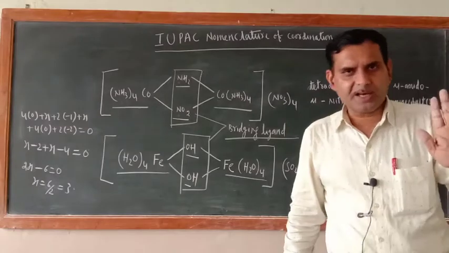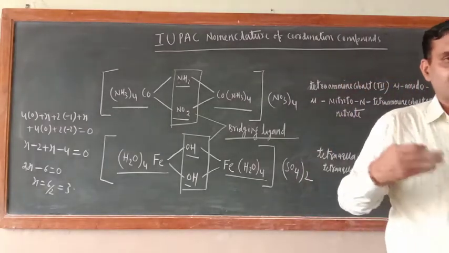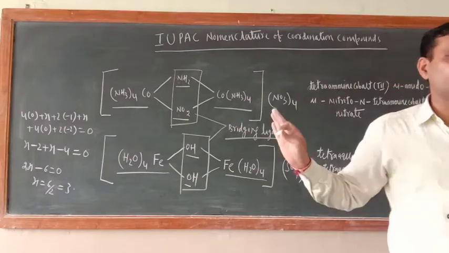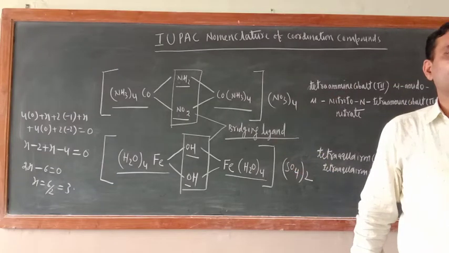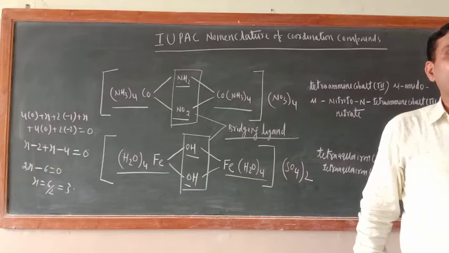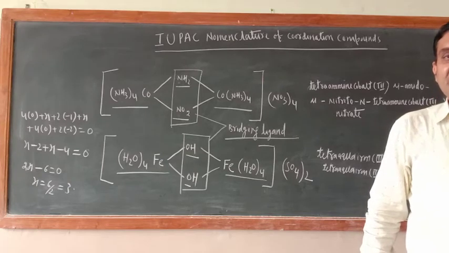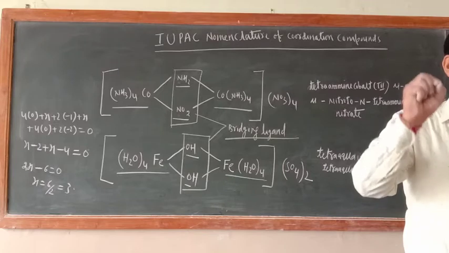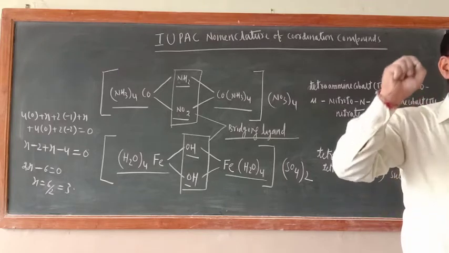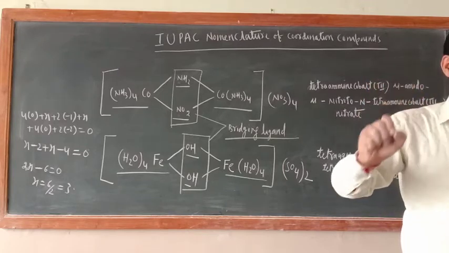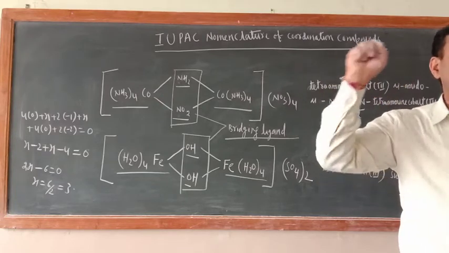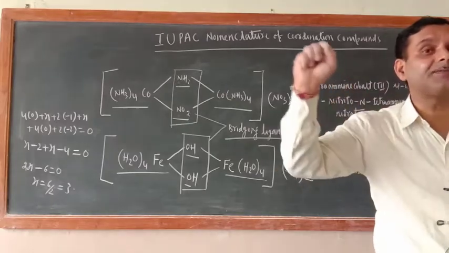Okay, don't worry. If you are not getting it, I will write the set of rules. Remaining rules have no much difficulty. Just remember, while naming the coordination compound, we take the alphabetical order of the name of the ligand. But while writing the formula, we take the alphabetical order of the first symbol of their formula.